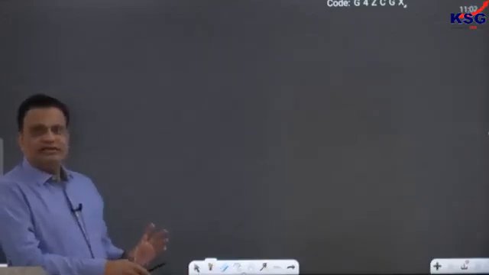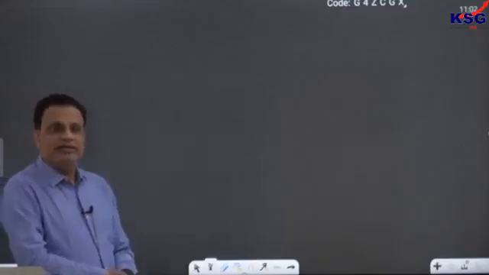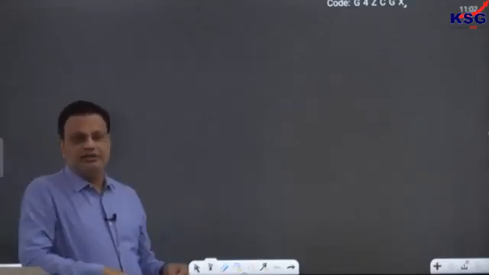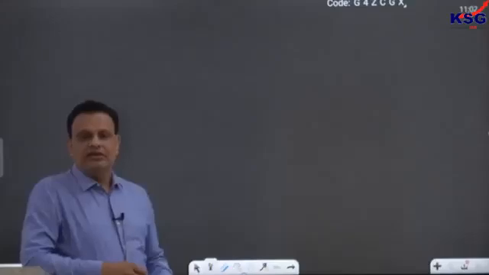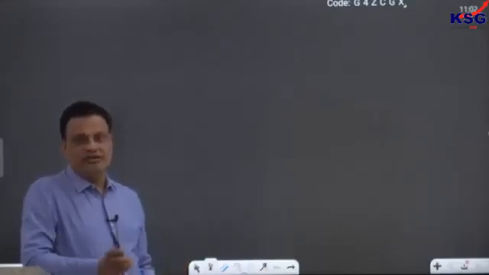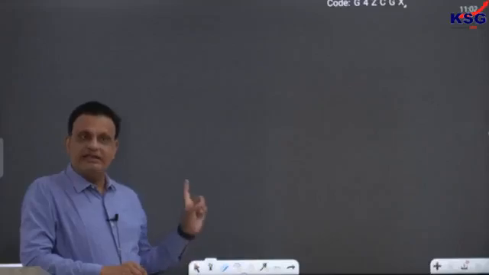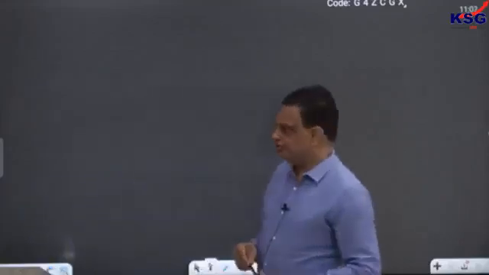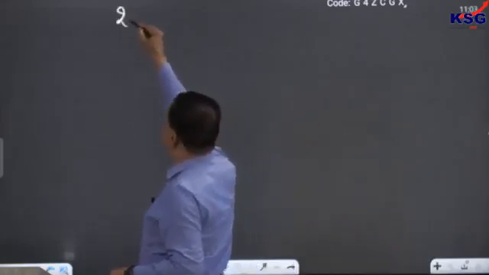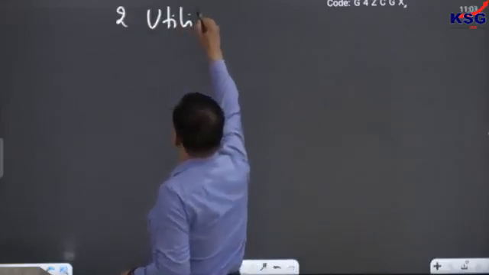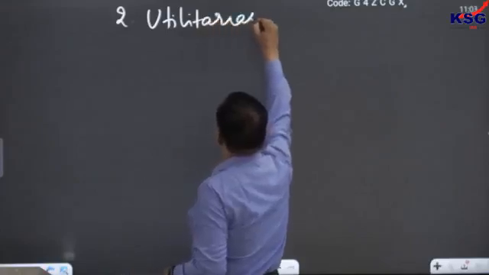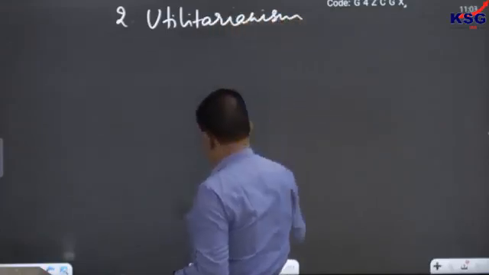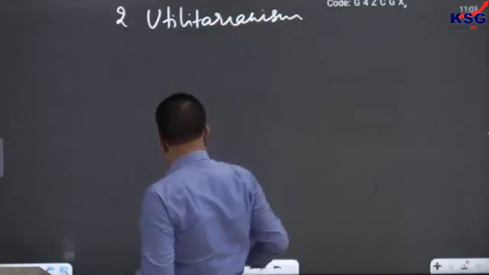So that we had seen yesterday, but the problem in this theory, as we had seen perhaps towards the end of the class yesterday, was that this theory does not tell us which law is good and which law is bad. This is exactly what we will be talking about now in today's class onwards. So today we will talk about the second important theory of ethics in our course, that will be utilitarianism,